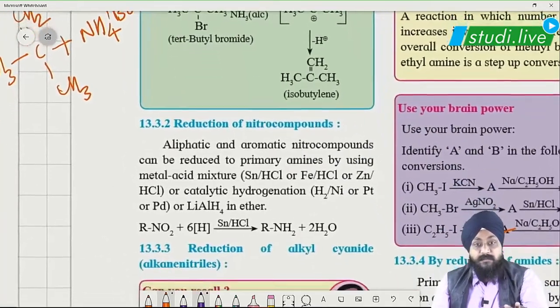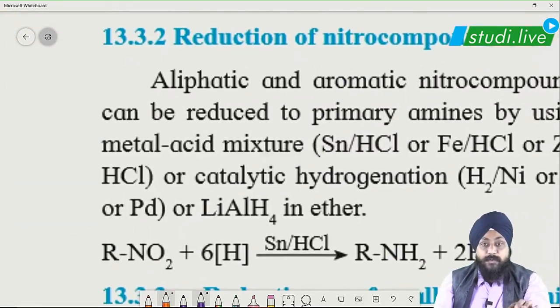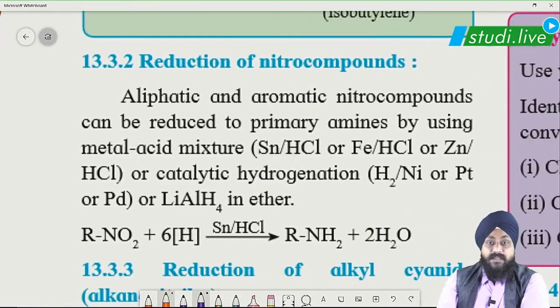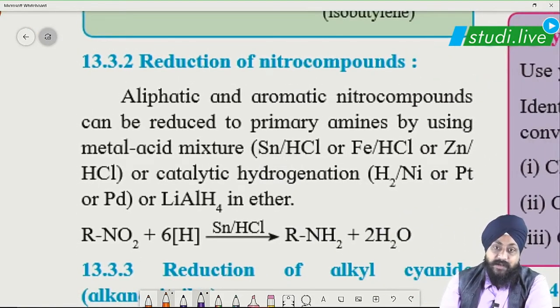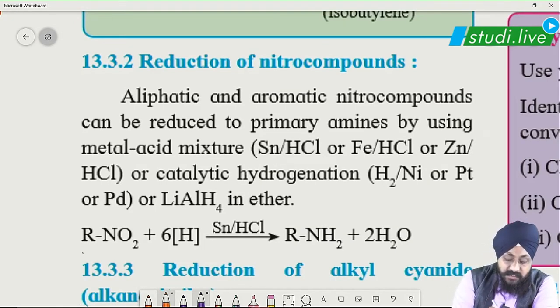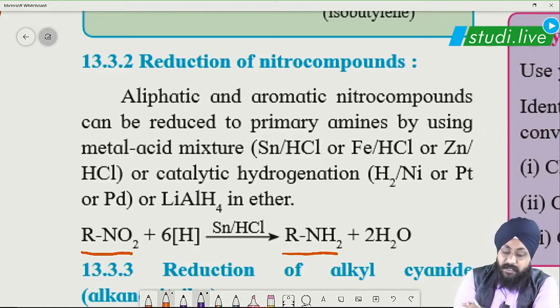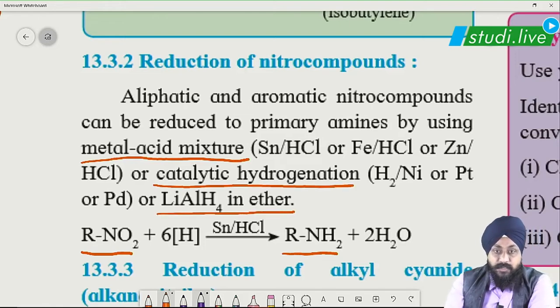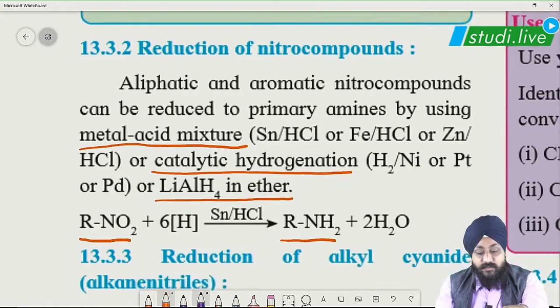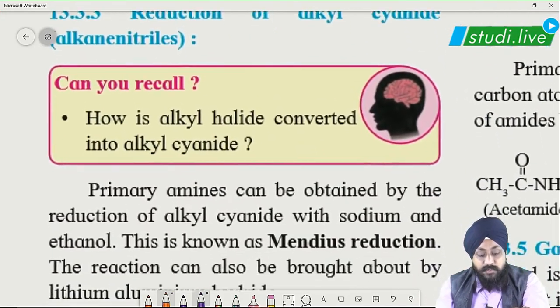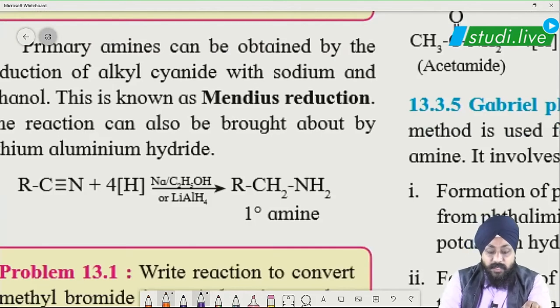Now students, another method to prepare amine is by reduction of nitro compounds. See students, here there is a nitro compound. When you carry out its reduction, you are going to get amine. And this reduction can be done by using a metal acid mixture, or by using catalytic hydrogen, or by using lithium aluminum hydride in ether. So that is going to be our second method. Now students, one more method over here to prepare